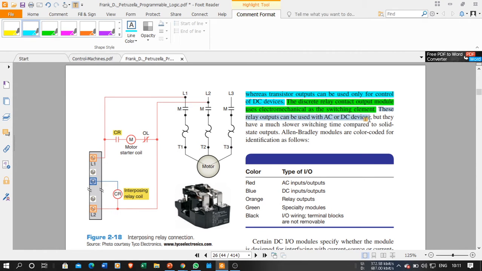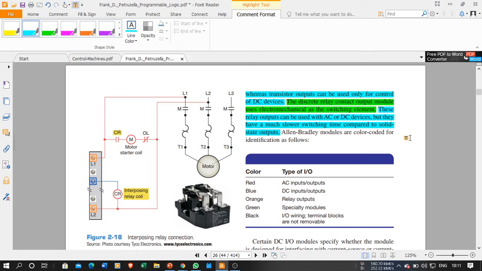They can be used for AC supply as well as DC supply, but they are much slower compared to the solid state output. But they have one disadvantage. The time of operation of these devices is in milliseconds. Okay, so the operating time of these devices is say 1 millisecond, 5 millisecond, or 10 millisecond, because of the time required to energize the coil, the magnetic field is produced, and then the switching action will take place. Okay, so there is a physical movement, so physical movement requires some time, so comparatively they are slower.